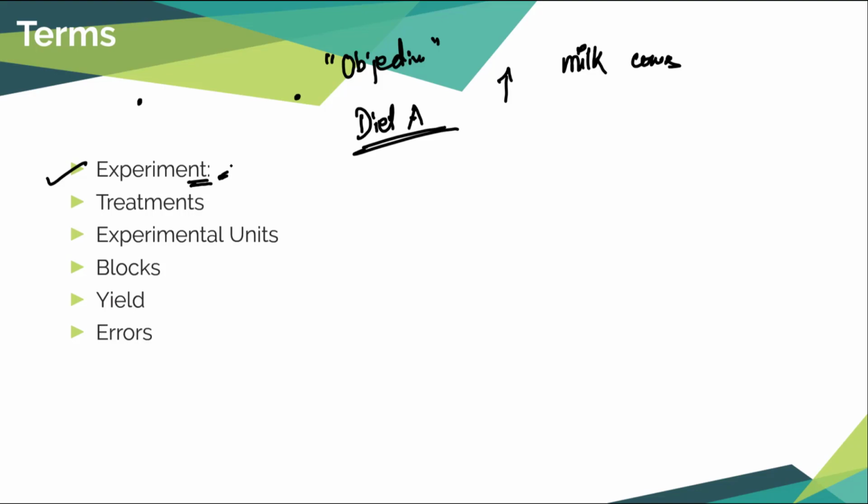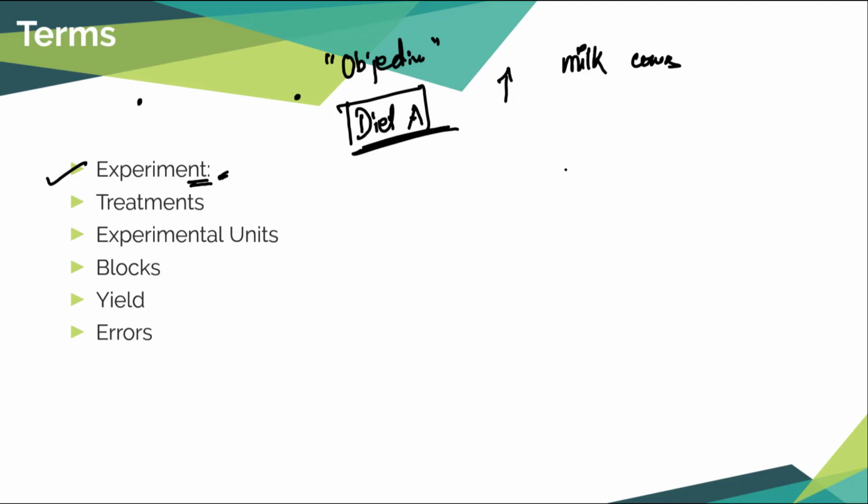Now what is treatment? Treatment is the effect you are going for, or you may say the objective that you want to test, right? So in this example, diet A is the treatment that I am interested in. I have applied diet A to a certain range of observations or certain individuals, and based on the information collected from those individuals, I will infer whether there is a significant difference or not, or whatever I am interested in. So that is treatment.